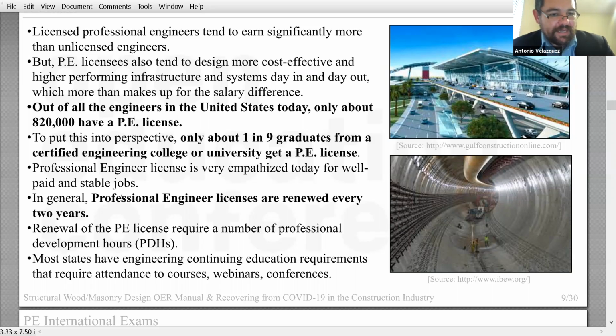And in general, professional engineering licenses are renewed every 2 years. This is the other problem: once you get the license, you need to renew it every 2 years, and you need to complete continuing education, seminars, webinars, conferences, and sometimes you even need to reapply for the exam. If you delay too much, or you forget to get the so-called PDH, professional development hours, that you need to comply with every year. Like attending a conference, you get 3 PDH points. Attending a webinar, you get 3 PDH points. Attending a seminar, and so on and so forth.